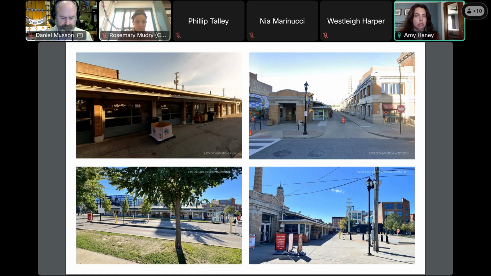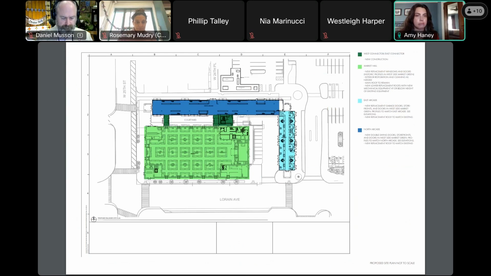You can go to the next slide. Taking a look here at the scope of the renovation and addition, we'll look at the market hall first. In the market hall, the main roof is to remain. We're proposing new windows and doors, and some new replacement roof on the lower roofs that we talked about in the context photo, with some new mechanical equipment to be put there at an elevation that is at or lower than what is there now.